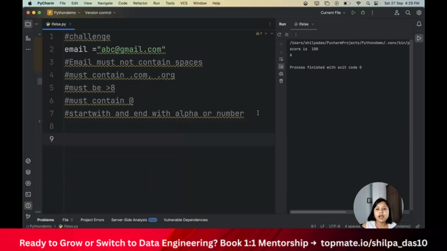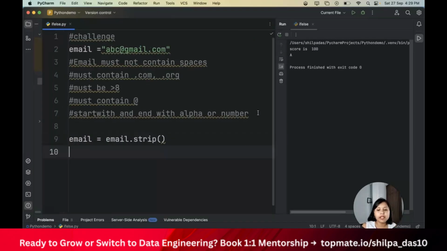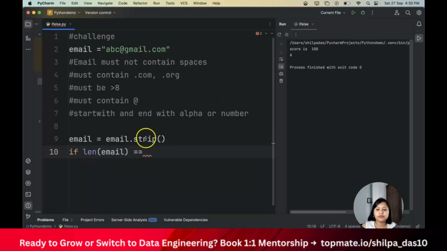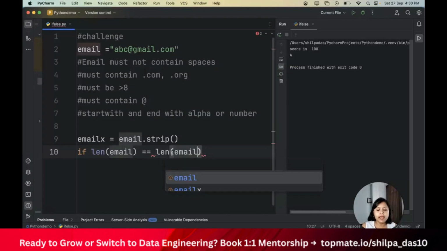So in this, I have an email. Now what I will do is I will check. I will do email is equal to email.strip, right? If I do an email.strip, now I'll check if the length of my email is equal to the length of email x.